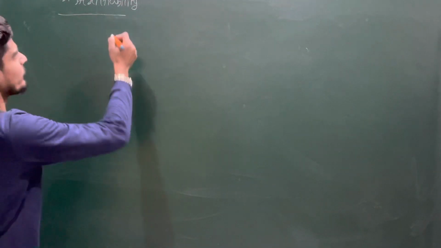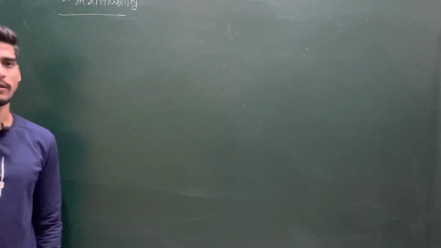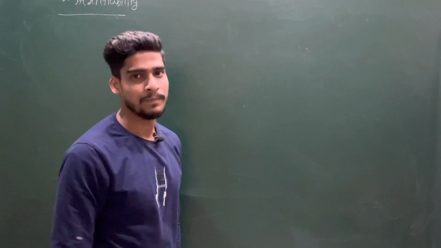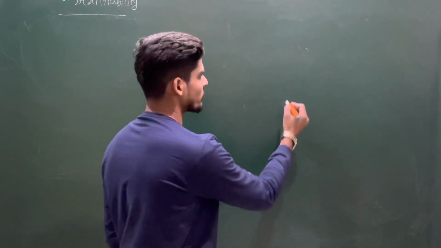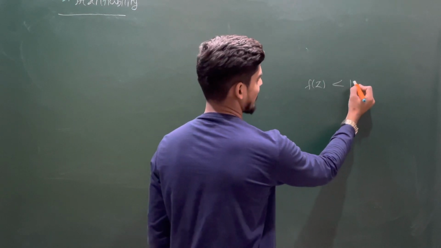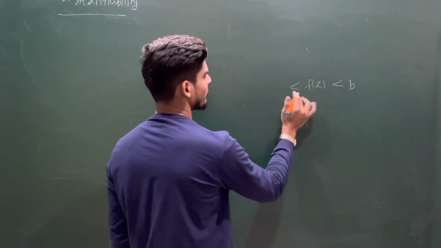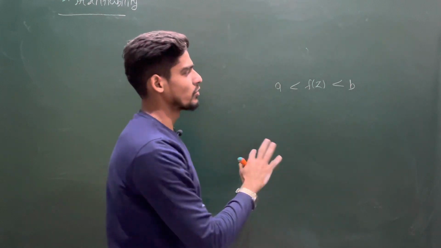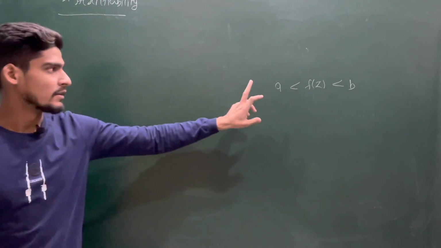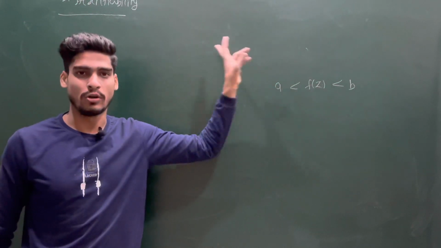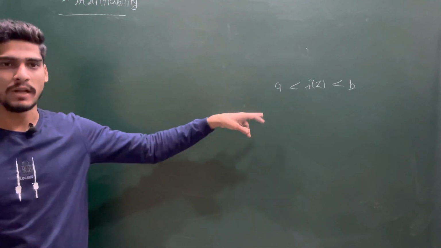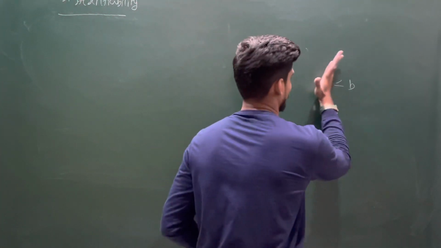And you may also think that I have not defined the intermediate value property for the continuous function as we have defined in R. Because in R, you say this: f(z) is lying between b and a. You say things like this in real analysis, but there is no less than or equal to in your complex numbers. So you cannot define your intermediate value property in the complex plane. So this you cannot define.